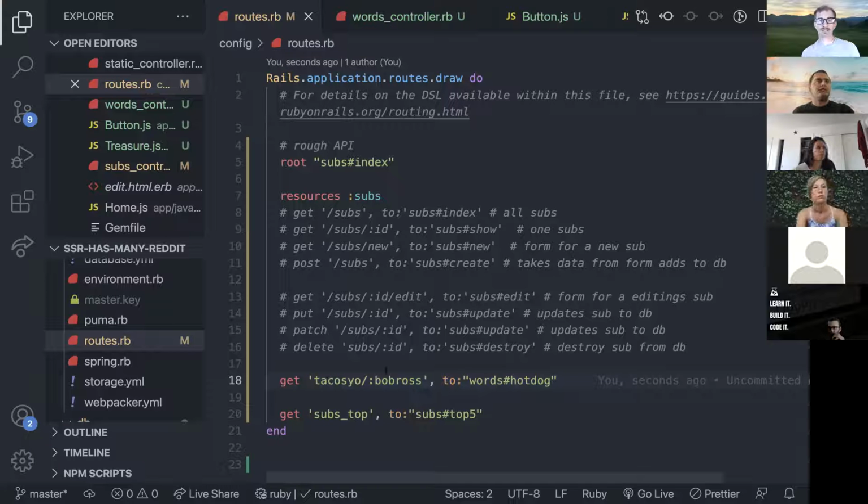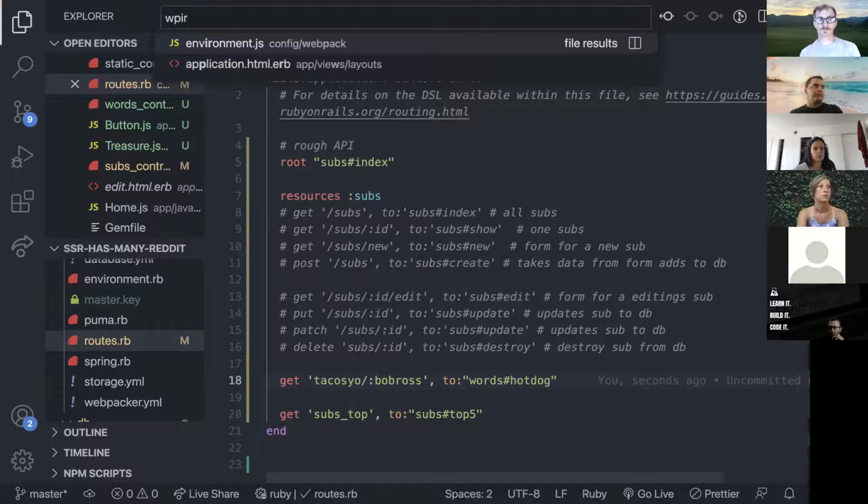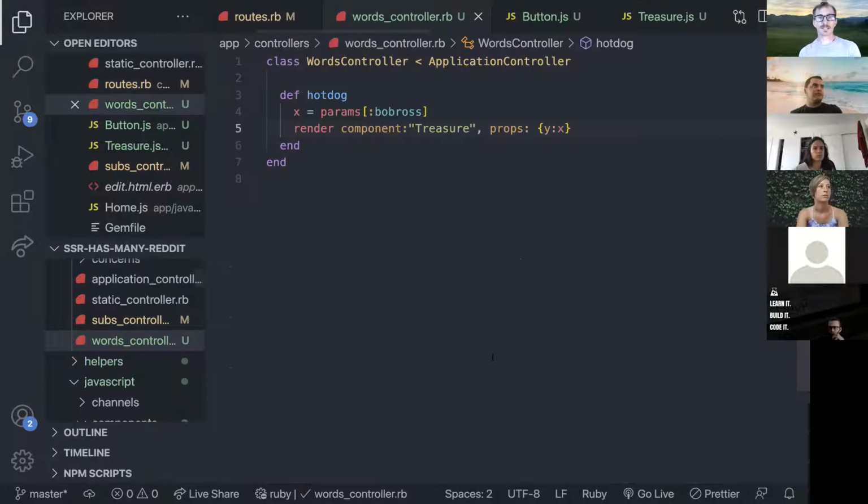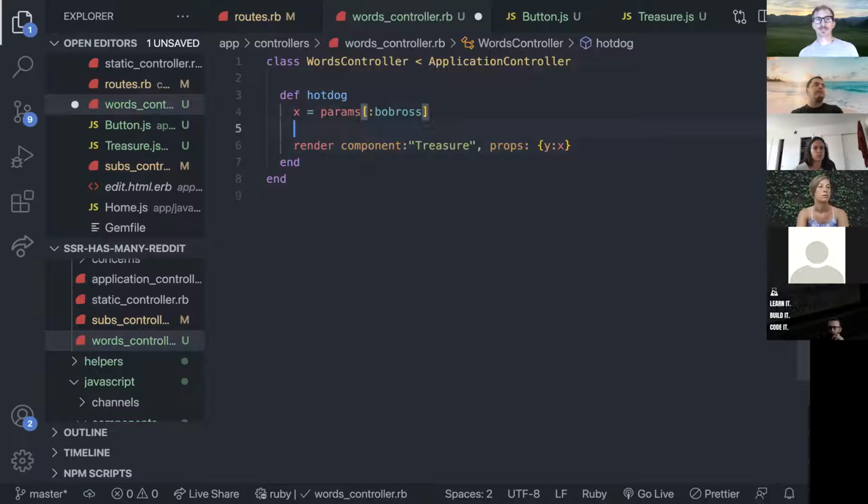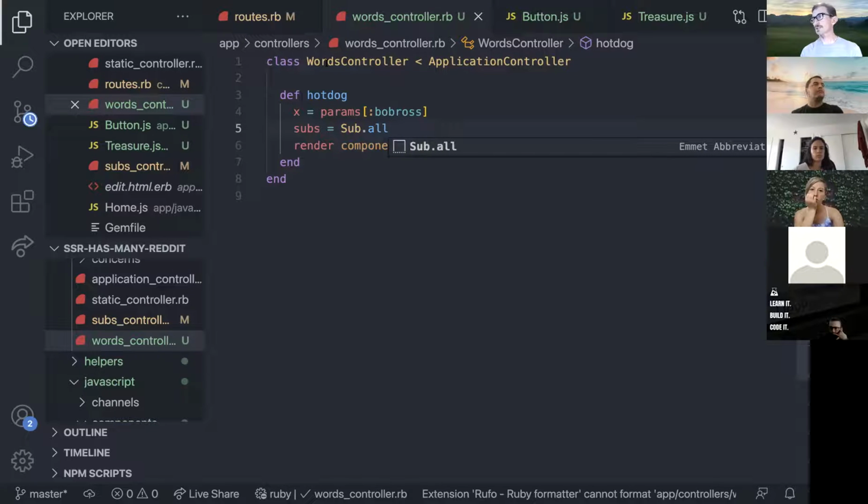And let me just show you this also. We're going to this hot dog method in our words controller. I'm just breaking conventions. There's nothing to stop me from using my sub model in my words controller. I can do that. Let's just do sub.first.name, so I don't get a JavaScript there,